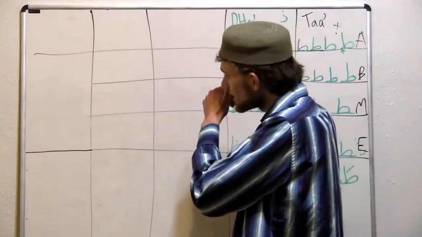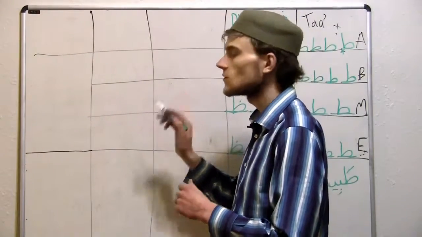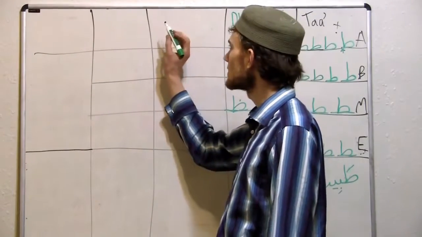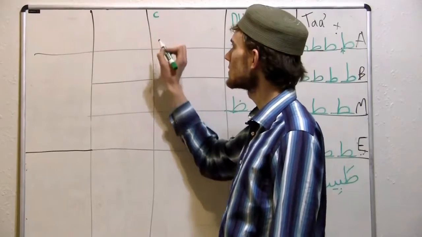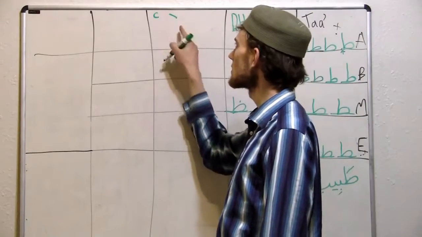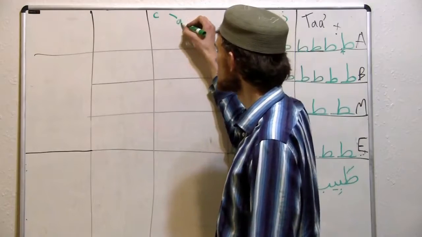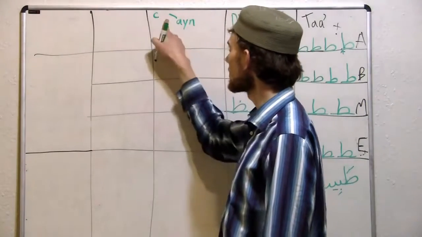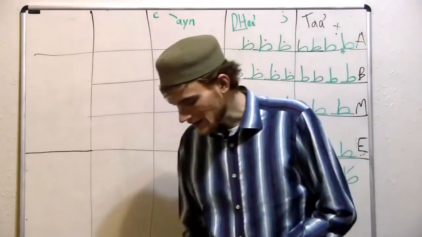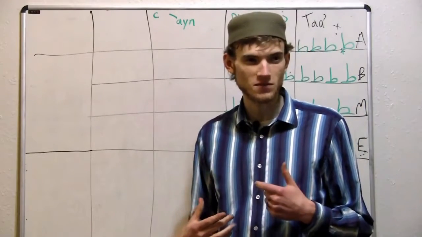Now the next letter is not really similar to much we have in English, and so it's usually transliterated as either this kind of symbol, but that's hard to find on the keyboard, so I typically do it like a backwards apostrophe, this way. Its name is Ayn. Basically what this consonant is, best way I can describe it, is a strangling sound.